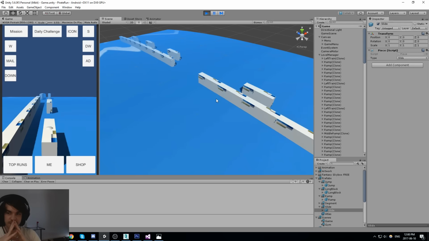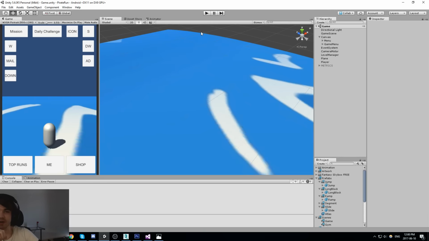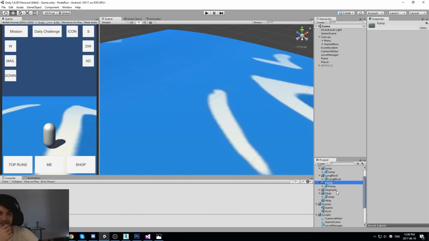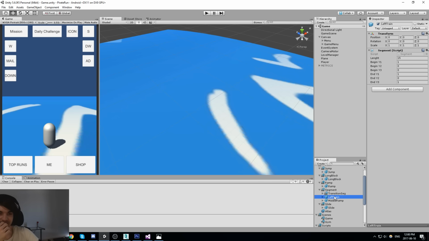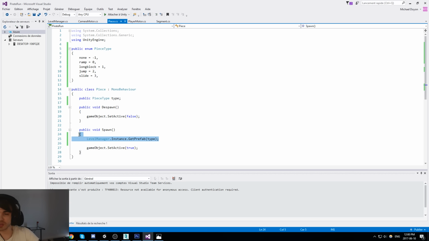This is awful. Why is it not working? I know why it's not working, but I'm wondering how many steps I'll have to do before it is working. So when we do a spawn on segment, it calls a spawn on every single piece. We do get prefab and then we don't do anything else with that. Okay, so we do have our piece right here.